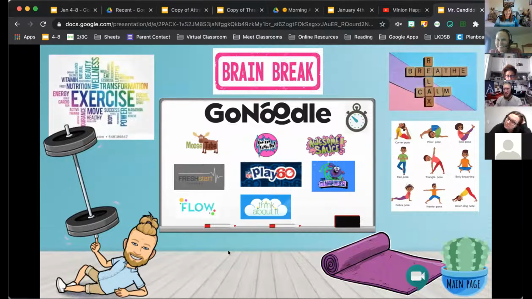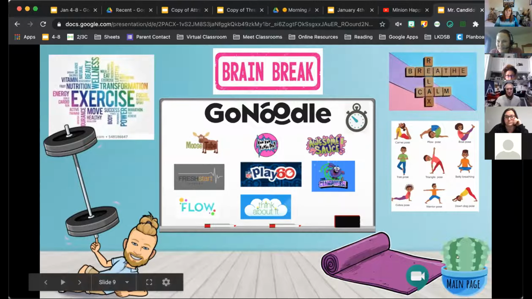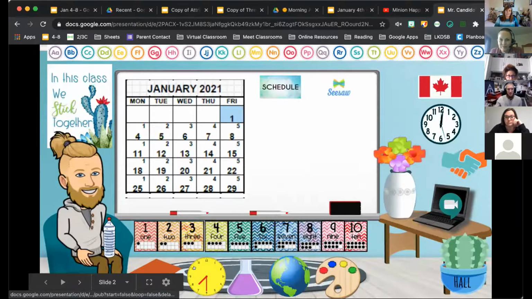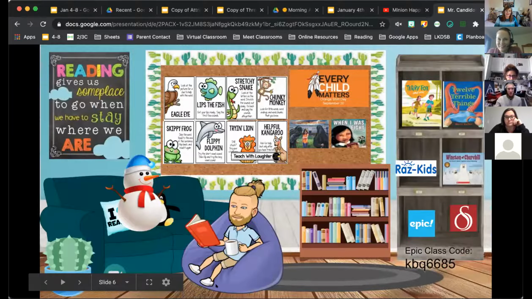And sometimes I'll hide them so the kids can't access them. Remembrance Day is still in there. All of the holiday ones are still there, but they just can't see them because I've taken off the links. That way, if I need them again at some other point, I give them access and put the links back in to get to those slides. And I have my reading rooms open there. Oh, my snowman's still up there, so I guess I haven't taken that one down yet. Well, it's still winter. That's true.